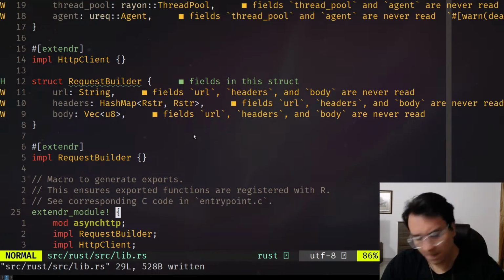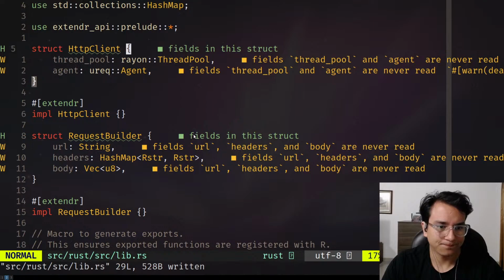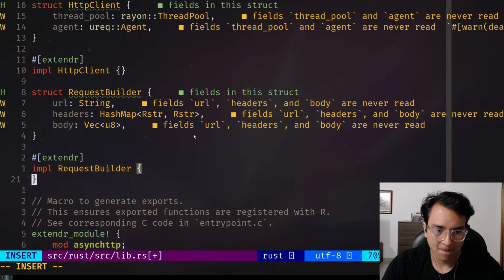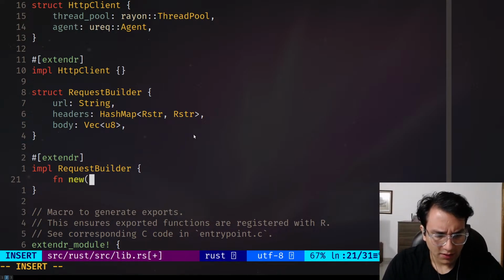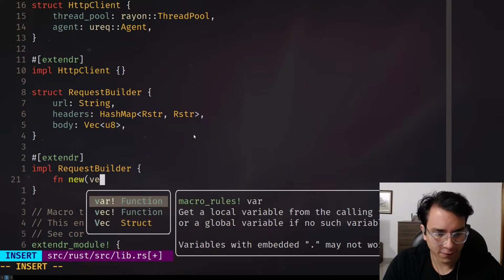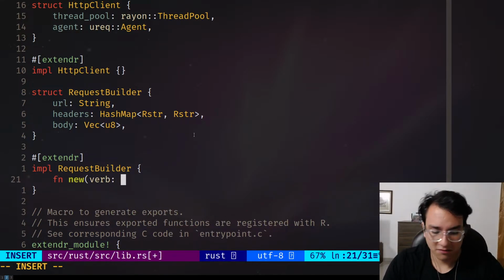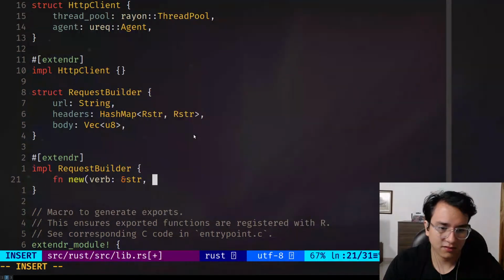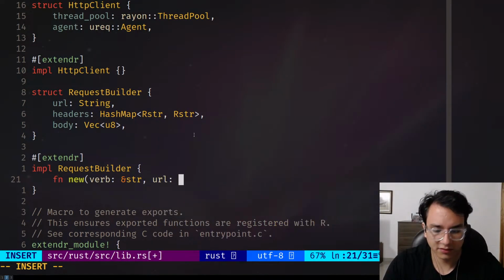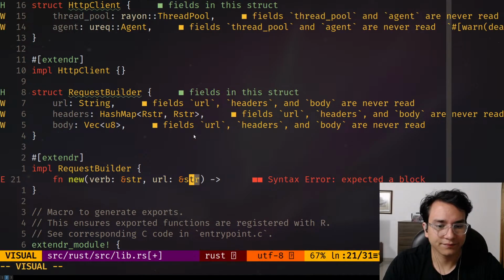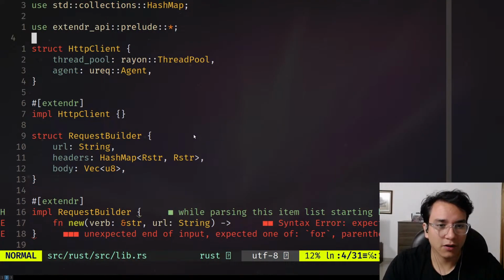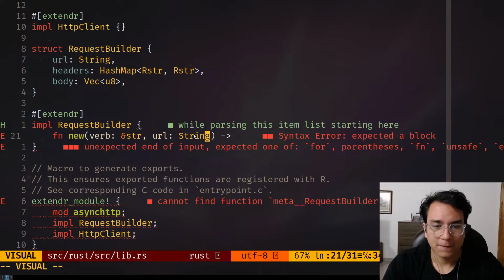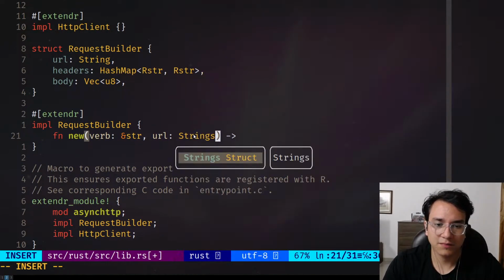Cool. So let's implement a request builder. Let's start by creating a function new. The function should take a verb, which should be a string slice, and a URL, which should also probably be a string slice. And it should return, now we can have it converted automatically to a string. We need an owned value, although we are using Rster, so perhaps strings, because it's going to